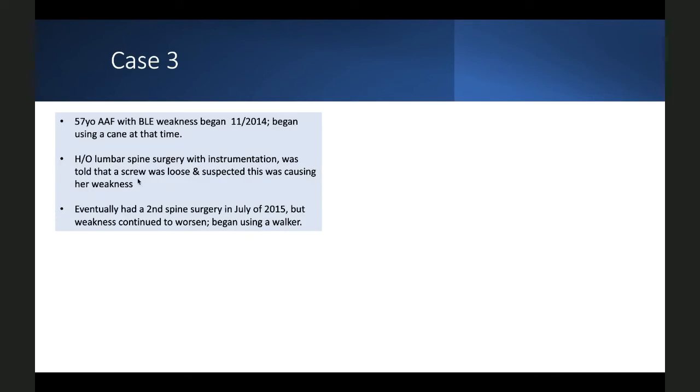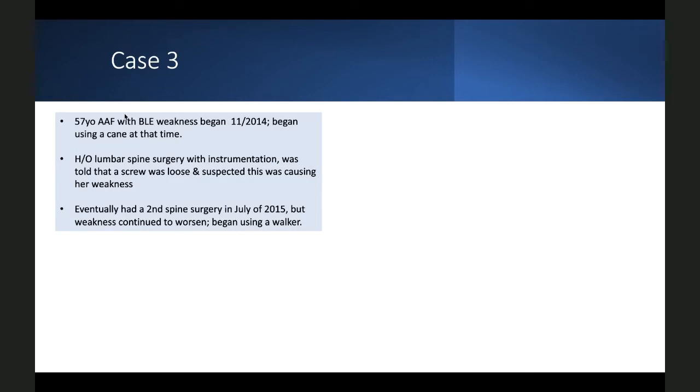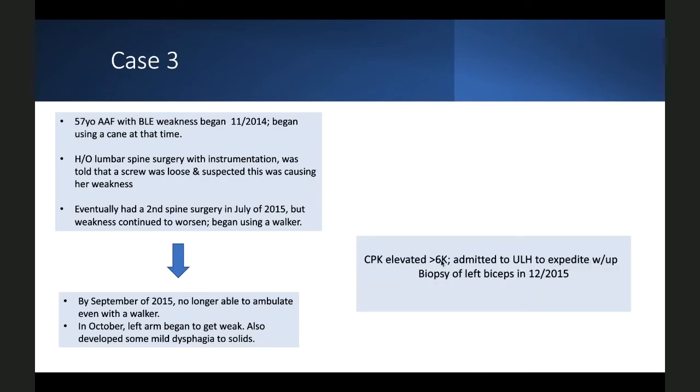And this is the last case that I have. This is a 57-year-old patient that came in with weakness. Again, she had a spine surgery done way back, had a revision of the spine surgery because they thought that the weakness was because of that. It did not improve. She was no longer able to ambulate by 2015 and also developed dysphagia at that time to solids. CK was elevated to more than 6,000, and